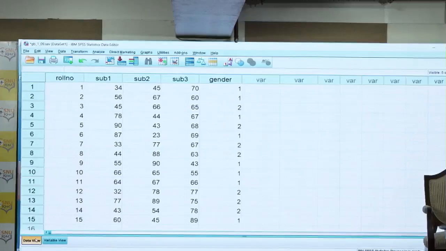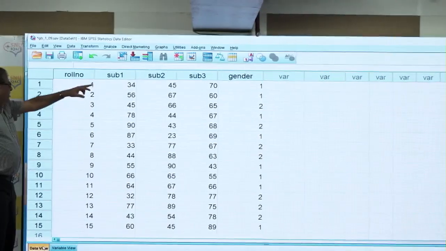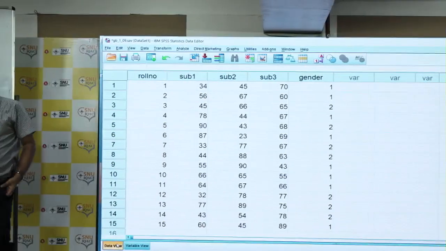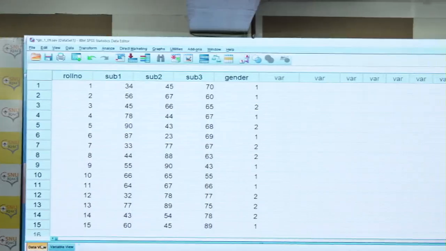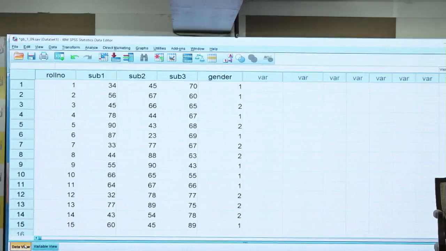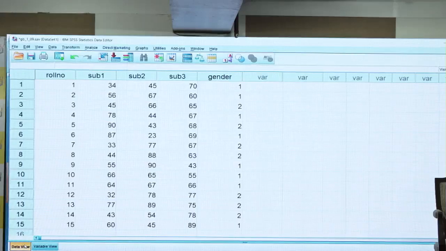So just think, these are the 5 variables. Under roll number, how many students? You check? 15. But for your case, maybe there are 100 respondents. 100 will be coming. Your sample size is, say, 100, then 100. And this is your,